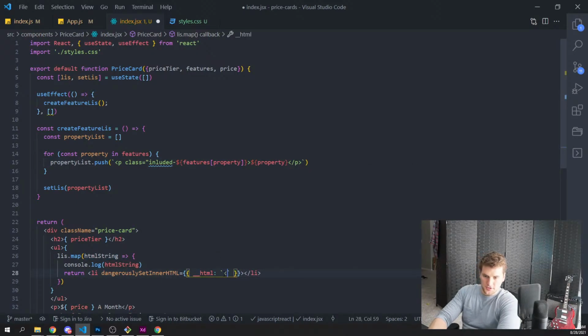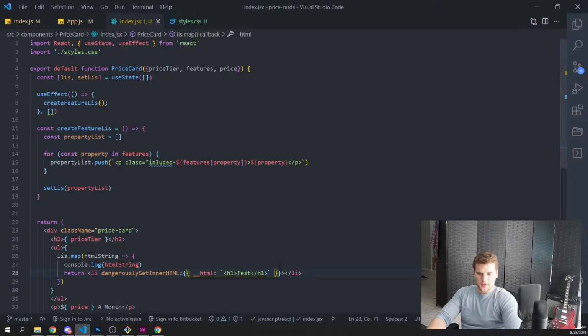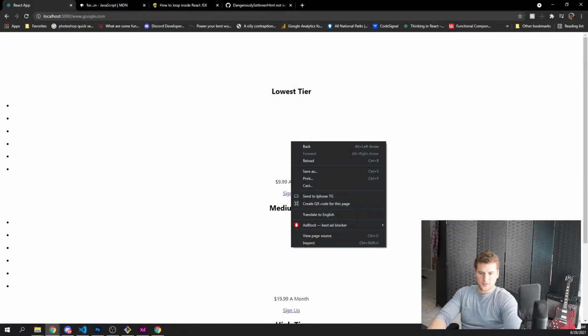Let's put it in this and do H1 test. See, that works. Interesting. But then when we give it this, it doesn't want to work.